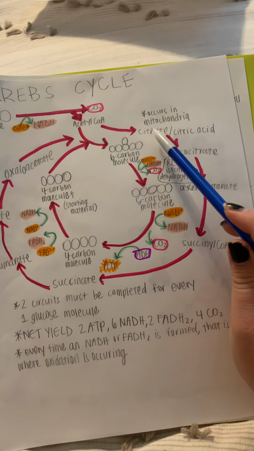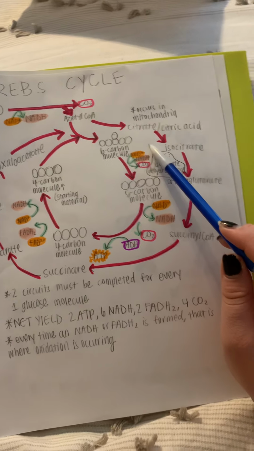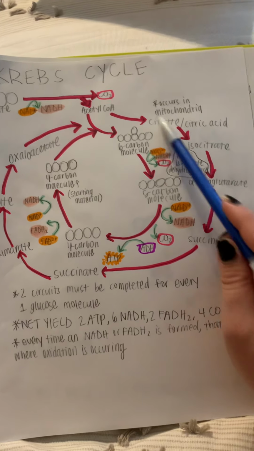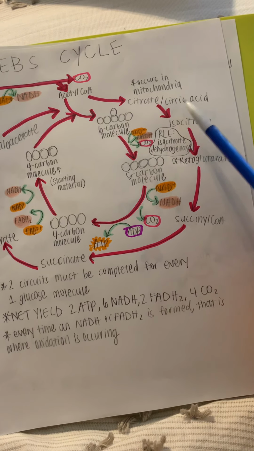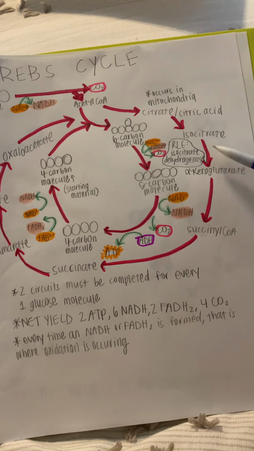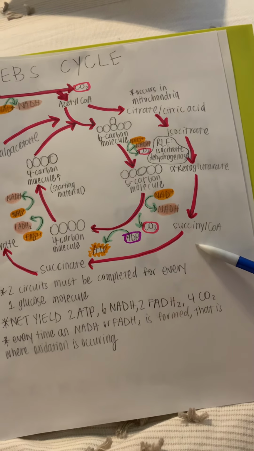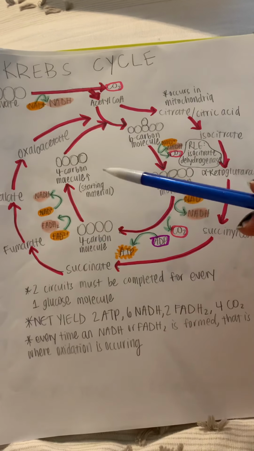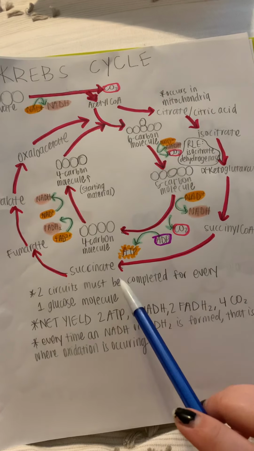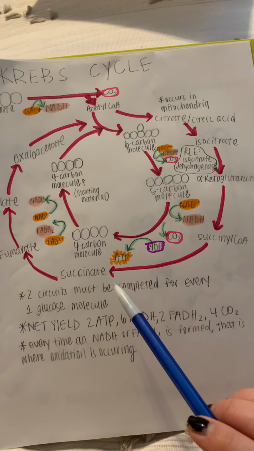And another thing to note, I refer to it as the Krebs cycle, but it can also be called the citric acid cycle. It does, here at the beginning of the reaction, start with citrate, otherwise known as citric acid. So that's converted into isocitrate, then alpha ketoglutarate, down to succinyl-CoA, succinate, fumarate, malate, oxaloacetate, and then the cycle can continue. One thing to note is that you have to go through the cycle 2 times, 2 loops per glucose